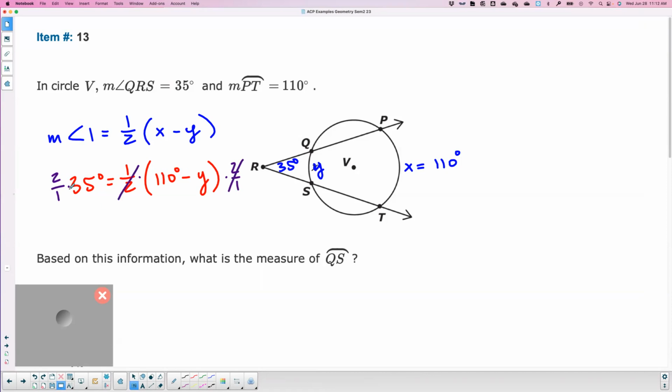What's 2 times 35? 70. Divide that by 1, still 70. So 70 would equal 110 minus Y. How do I get rid of this 110 here? Subtract it. So when we subtract 110, should have used a different color. Let me try this again. When we subtract 110,